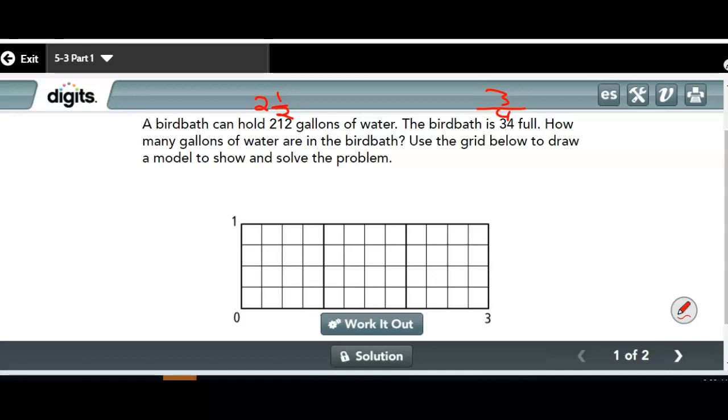A 1 should be on your top left, 0 in the bottom left. So 1, 2, 3, 4 boxes right here is a 2. I'm sorry. So 1. Then a 1, 2, 3, 4. This right here is 2. Everyone see that? Okay, what I'd like for you to do is try to draw this model to represent